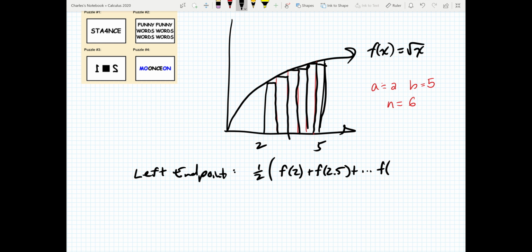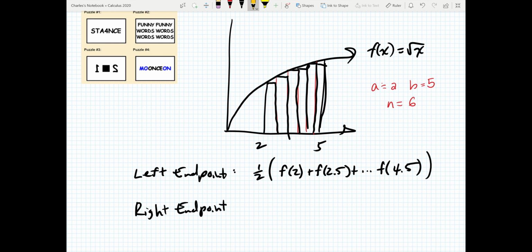And my last rectangle, by the way, I know I'm going up 1/2 because it's a total width of 3, and I'm dividing it up into 6 rectangles, so that's 1/2 of a step for each one. In the left endpoint rectangles, my last one is going to be 1/2 of a spot before the right edge, which is 5. If I did my right endpoint